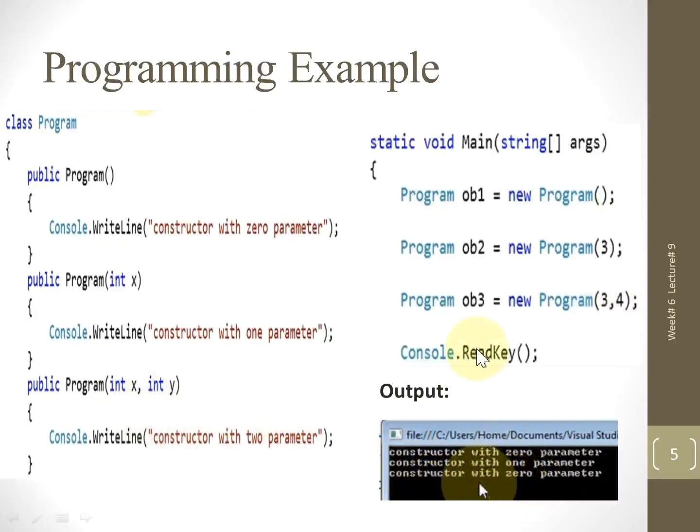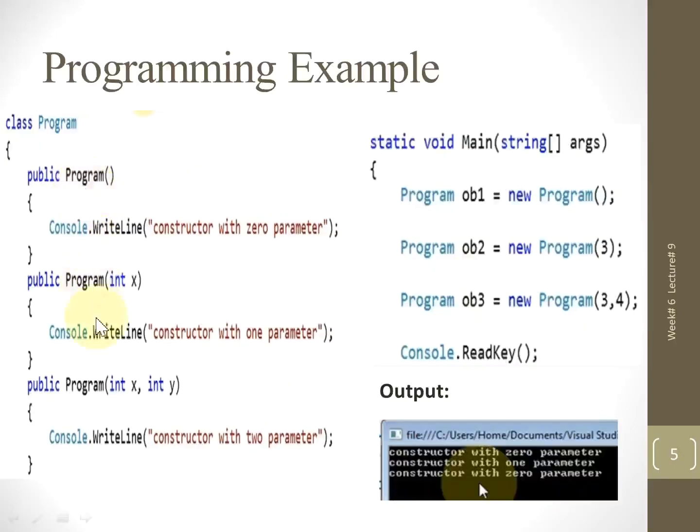So students, you have learned that when we are calling these constructor functions, you have to create that number of objects. If we have 10 constructor functions, we must create 10 different objects, because we have to fulfill the requirements. There are 0, 1 and 2 parameters required, so each argument will be dedicated to that constructor function. This is the programming example for constructor overloading.